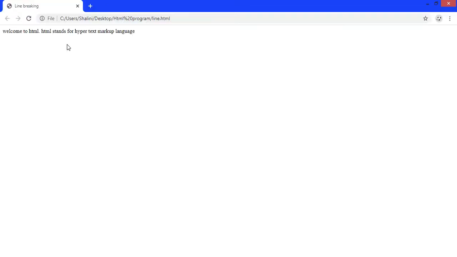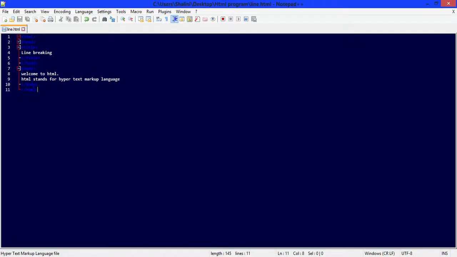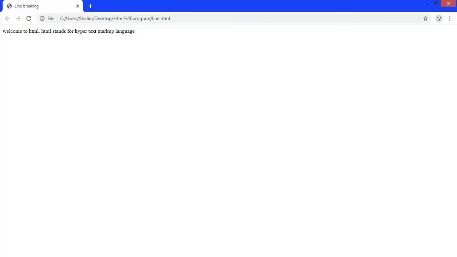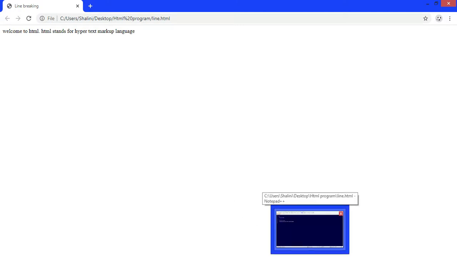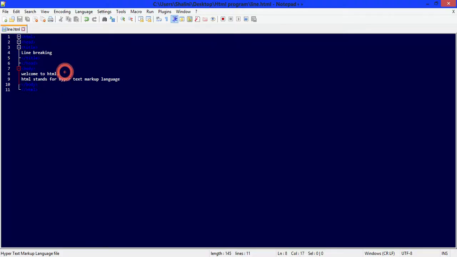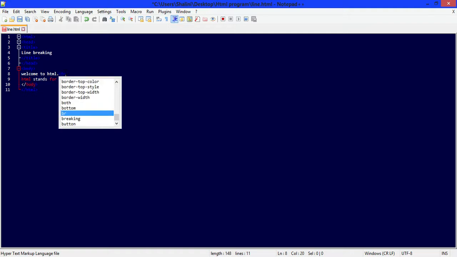See, both line welcome to HTML and HTML stands for hypertext markup language is displaying on the same line, but in our text editor both are in different line. Then how we can display this both line to different line on our web browser? Right here simply BR.